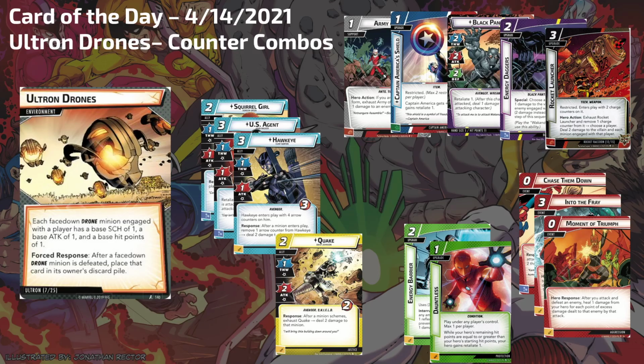Finally, Moment of Triumph. This is going to let you stay in hero form. Again, those drones have 1 health, so when I'm playing Captain Marvel, who's in the card art conveniently, and I really need to heal, but I don't want to flip to Alter Ego form, I can use like an Energy Channel or something at an Ultron drone, play Moment of Triumph, and heal for 9. That pretty much lets you stay in hero form indefinitely, which is really powerful against characters that have high scheme,